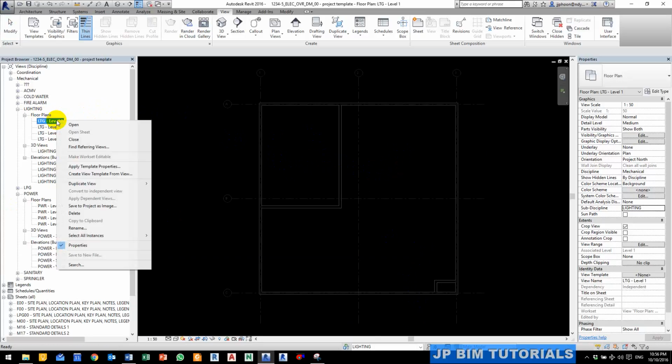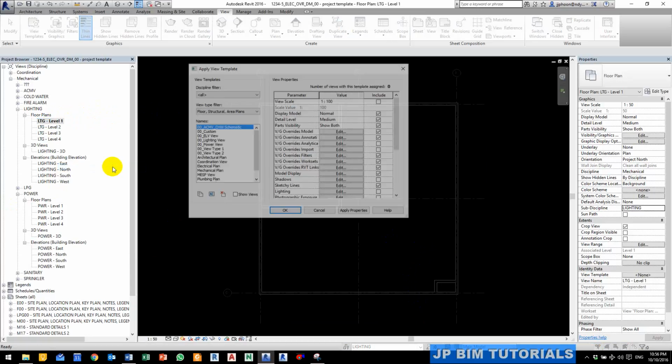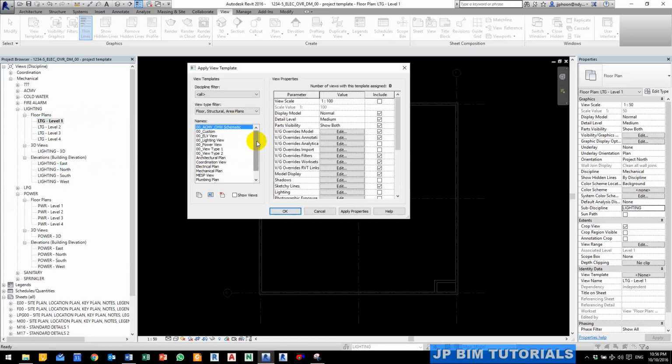So right click on the level 1 floor plan and click on apply template properties. So from here, access this custom view template, which basically has no settings included yet, but we want to make sure that the work sets will be influenced. So tick this and click on edit,